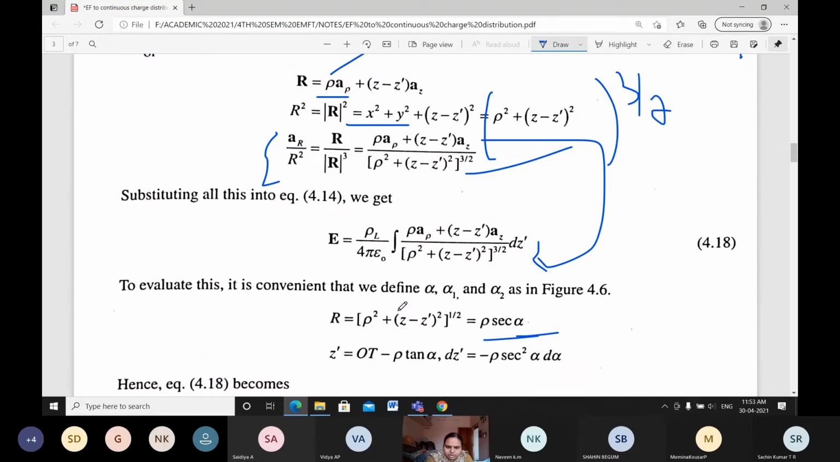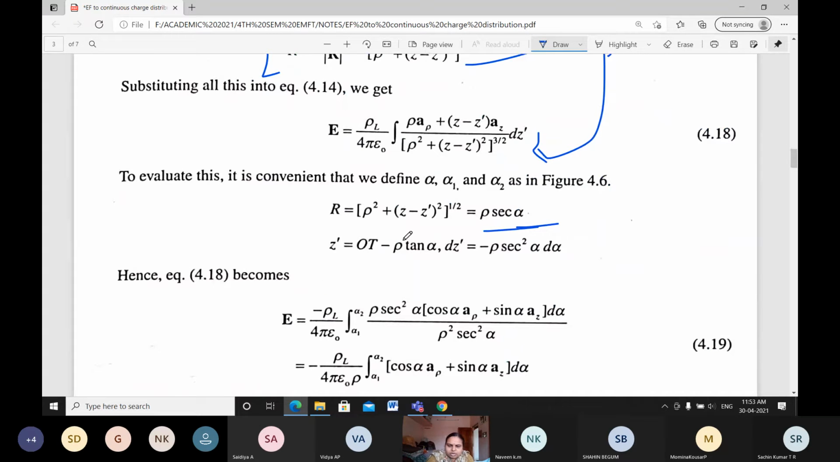For that reason, here minus rho tan alpha is 1. Then differentiate this equation. This will be a constant value, so it is going to be 0. Then minus tan differentiation, rho being a constant value, you will be getting secant square alpha into d alpha. Then substituting this in the equation here,